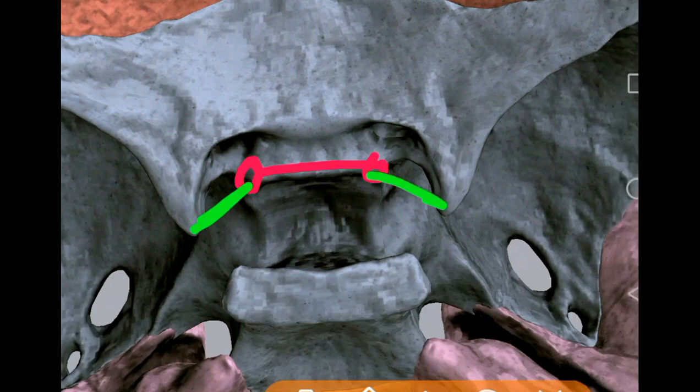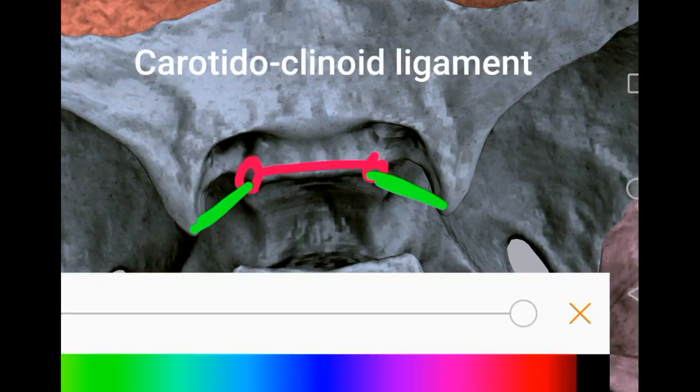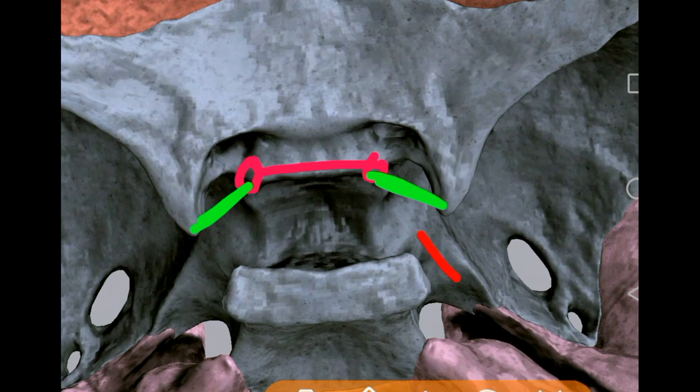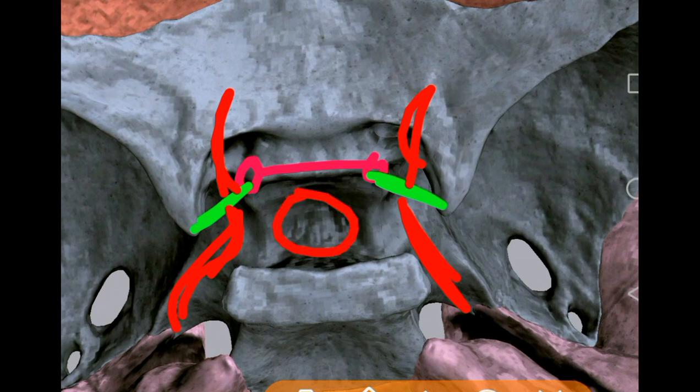Middle and anterior clinoid processes are usually connected by a ligament. That green structure you see is the carotidoclinoid ligament, beneath which or within which the internal carotid artery will travel. The carotid siphon will form here. And here the internal carotid artery will give its terminal branches. Ophthalmic artery is one of them, passing through the optic canal. That is the pituitary fossa, containing the pituitary gland, bridged by the dural fold, diaphragma sellae, and the dorsum sellae, a square-like projection of the bone.